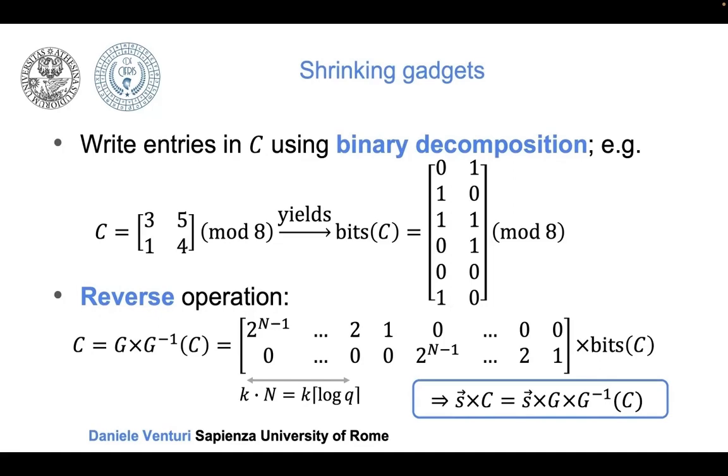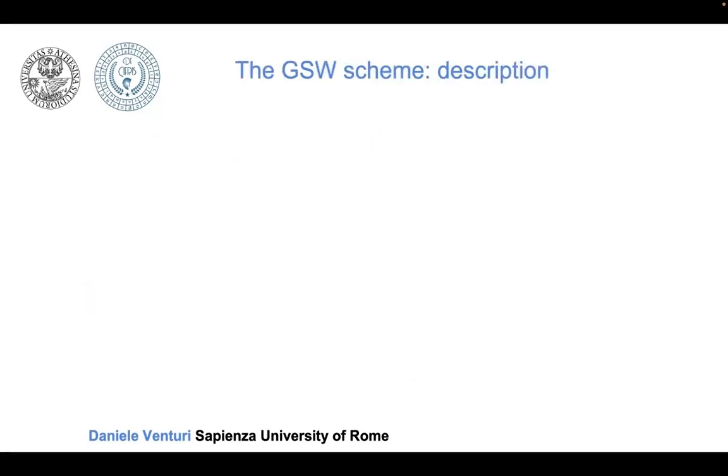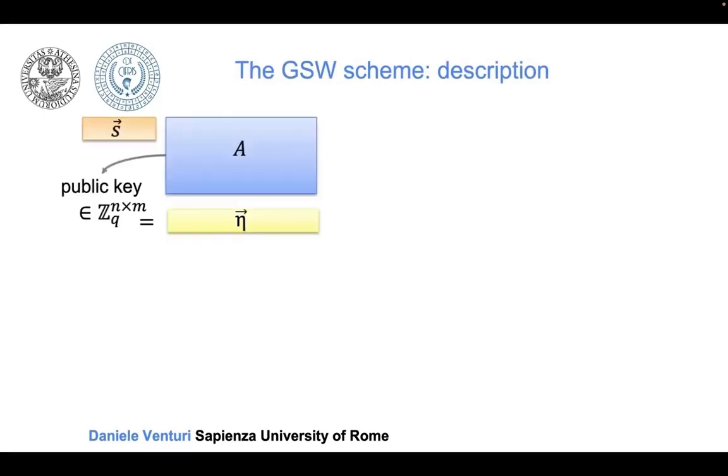Okay, so in particular, if you do S times C, this is equal to S times G inverse of C. Okay, so now we are ready to actually give the full scheme. This now allows us to give the full scheme. The full scheme is going to work as follows. The public key is going to be the LWE matrix A, such that S times A is equal to the